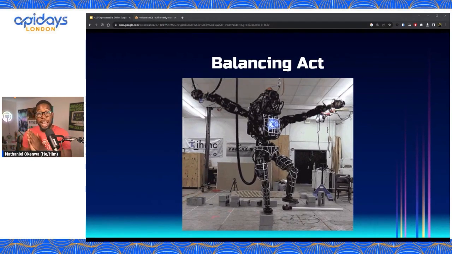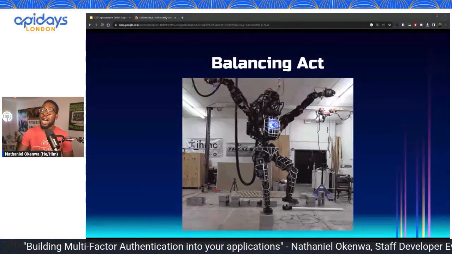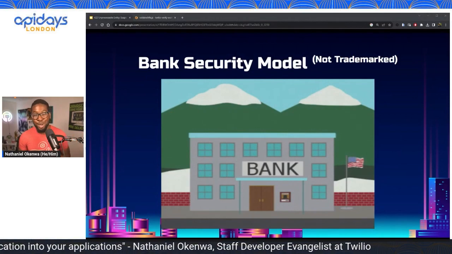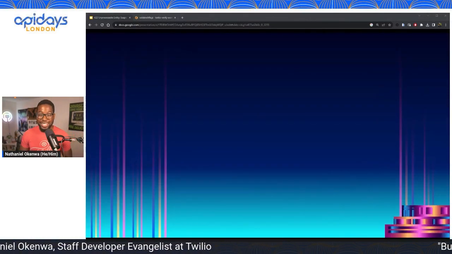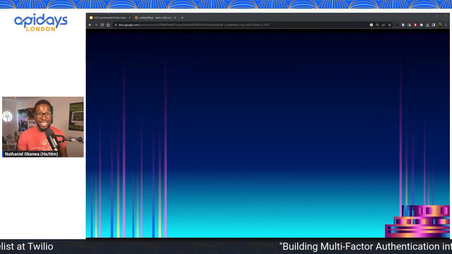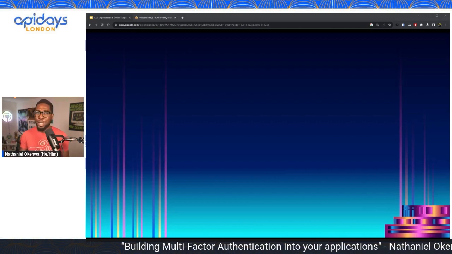So, something that I think could help you to figure out how to balance both of these is what I call the bank security model. It's not trademarked, so you can feel free to copy it. The bank security model is: I try to find real blueprints for a real bank. Unfortunately or fortunately, you can't really find those online.